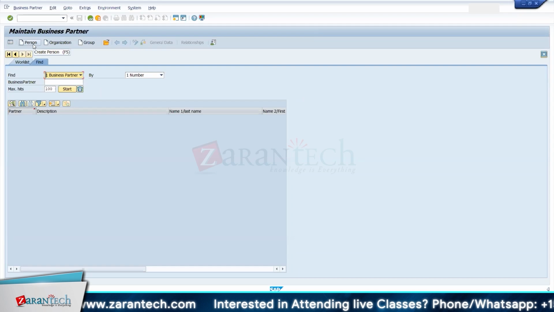So you can see a business partner I can create as a person, organization, or group. Here the definition: person means if Hemant is doing some transactions, as an individual, you can create him as an individual. So your employees will be created as a person. Organization means any legal entity, so it can be a partnership or a company, anything. And group, as in a company group. Okay, so currently I'm going to